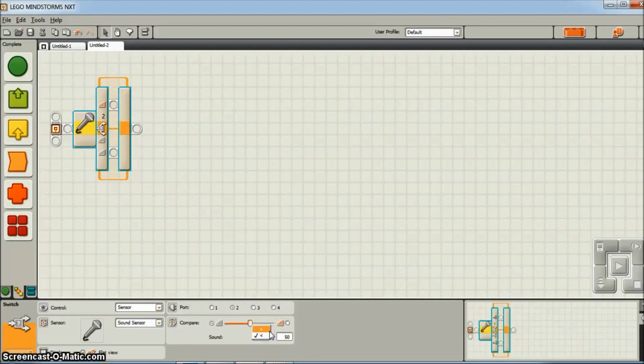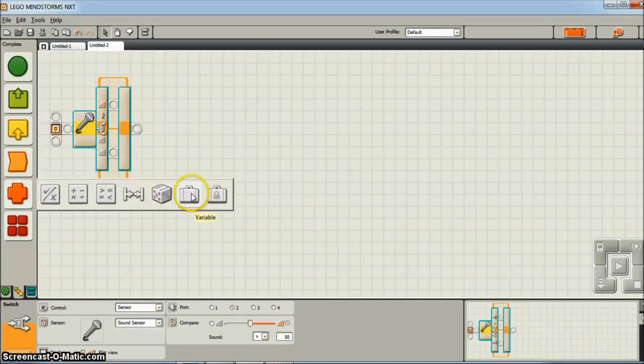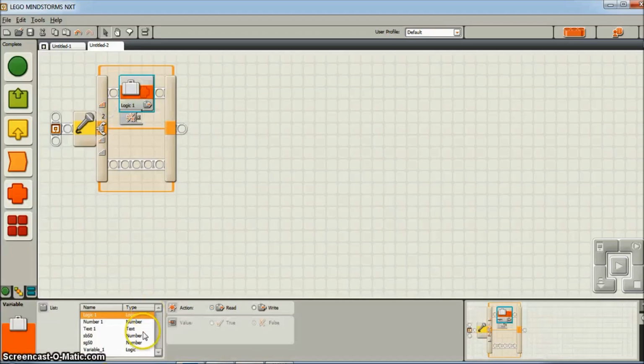So here we are going to use greater than 50. If it's greater than 50, it's going to follow the instructions given over here. So we take a variable block we created earlier, SG50, because if it's greater than 50, then we read this value. Actually you should write a value into a variable before reading it, but as the default value of a variable is 0, that's why we directly read it.